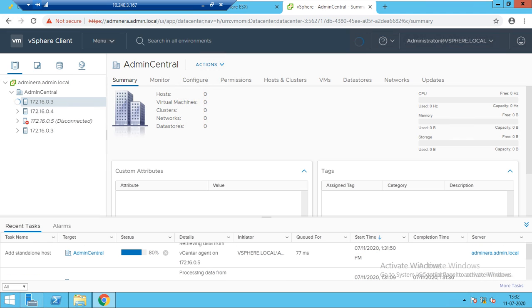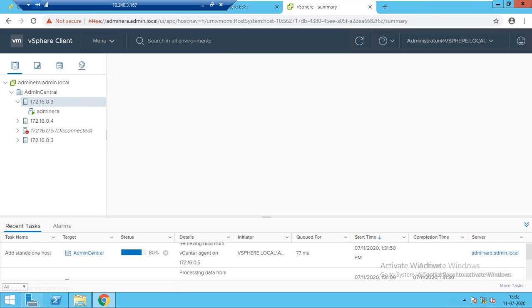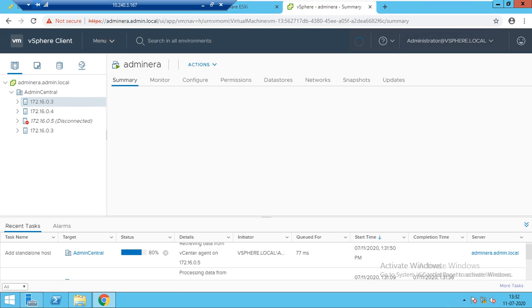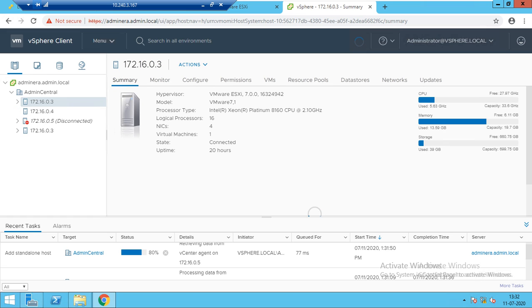You can see I have one virtual machine, which is my vCenter that I created. This is my second, nothing is there. The third is getting connected, about 80%. We'll wait till it completes.